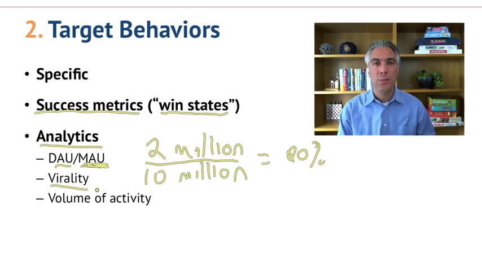And that's what we've seen with some of the very successful viral applications recently, things like Pinterest, as well as some of the social games like the Zynga games. A few people started using them, and then they told a lot of friends, and those friends told a lot of friends, and suddenly there was a huge user base. Virality measures how fast that's happening.